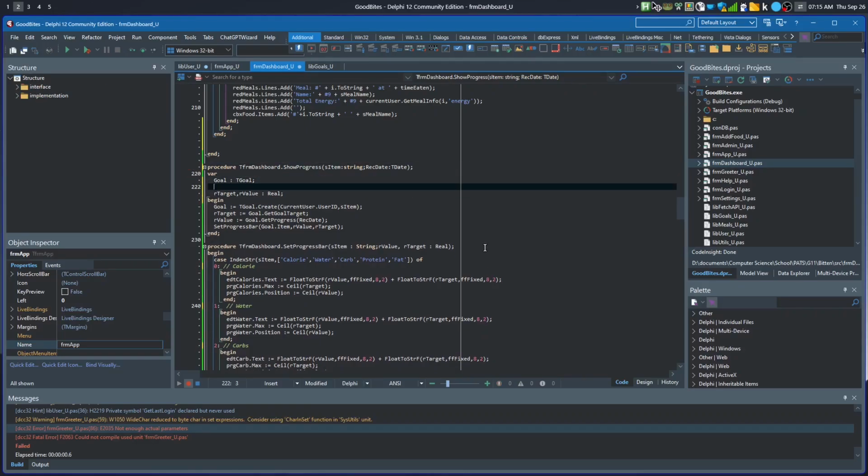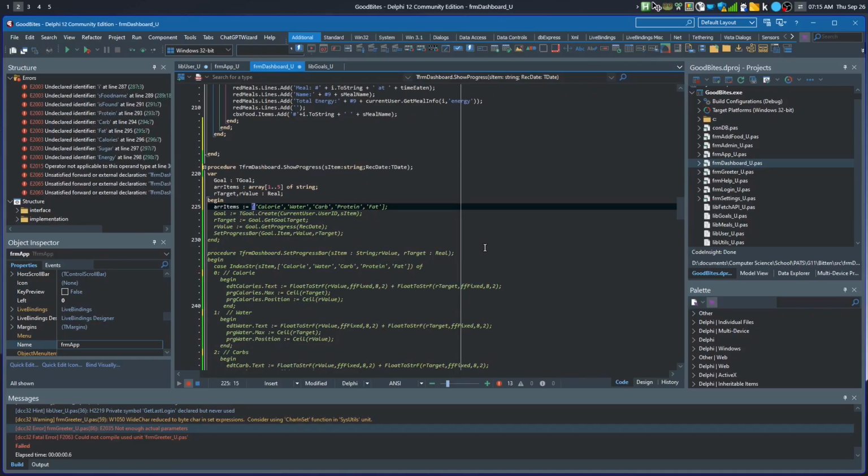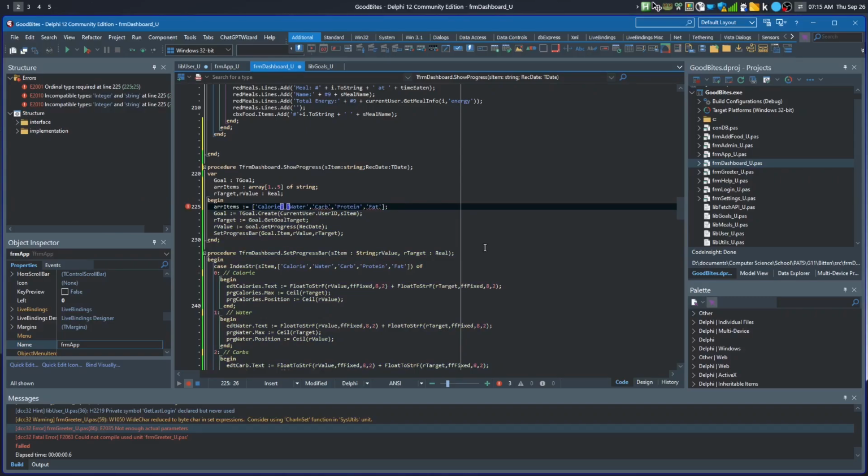Based on my knowledge, I can just create an array like this. But if not possible, then array 1 to 5 string. No, array items equals, no, that's not how you do it. Wait, you put semi. No, that doesn't make sense either. Then how are we supposed to